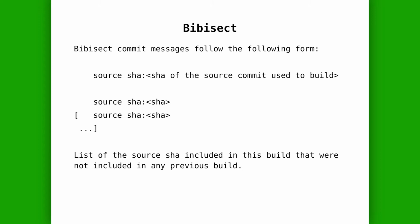And the syntax, the structure of the commit messages, you have the first line is the source shard of the commit we built. And then it's always repeated there in the detail section. And then you have eventually more shards, which are all the source shards that were not in the previous build. So sometimes we do have more than one source commit in between two binary builds. So you have the entire list of all the shards in one thing. The consequence of that is if you do in a Bibisect repo, git log --grep a source shard, you'll find the first binary